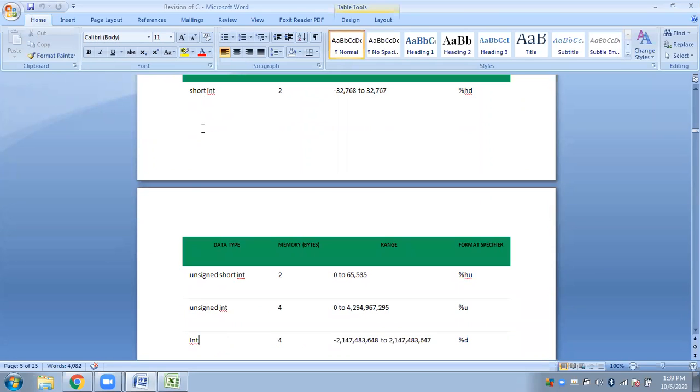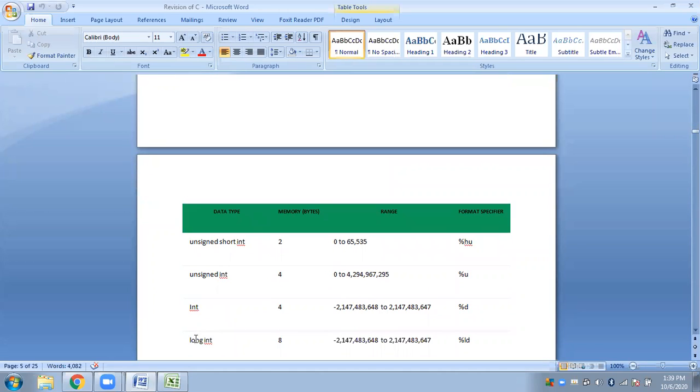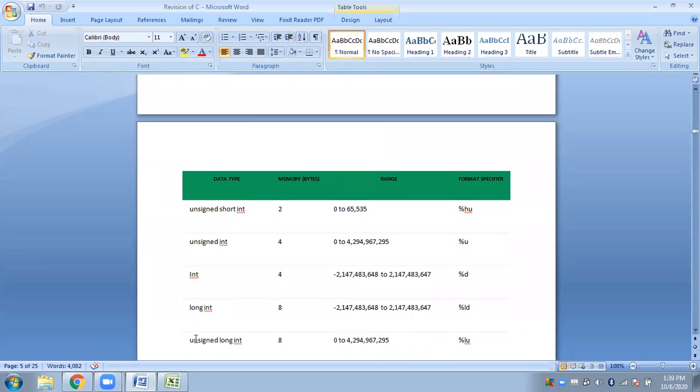Next we also went through the unsigned keyword, which is basically used to exclude all the negative numbers from the range. It will not minimize or maximize the size of the data, it remains the same. You can use unsigned not only with int, but also with float or double. It is never going to change the size of your data, but it will exclude the negative numbers on the number scale. Likewise, we have long int also.